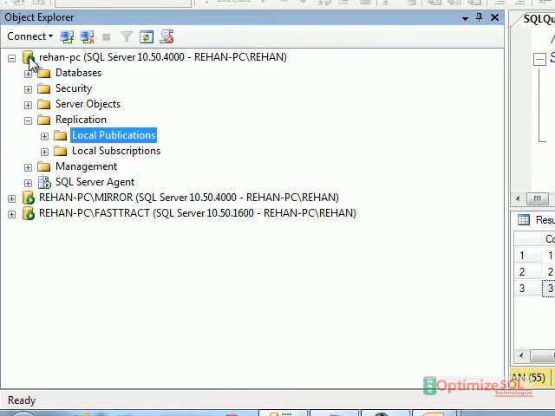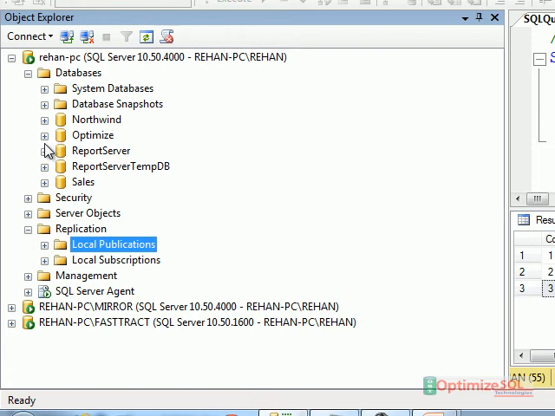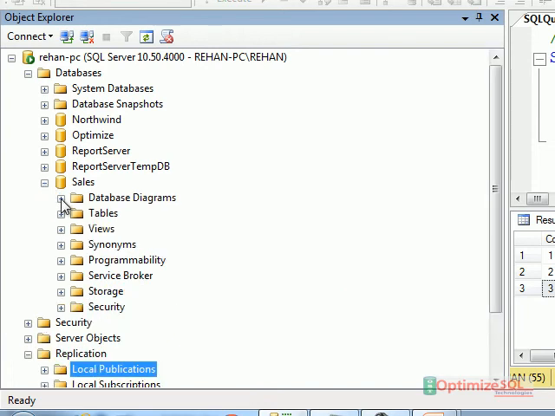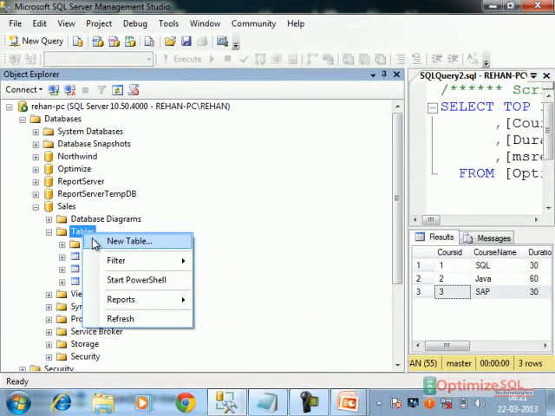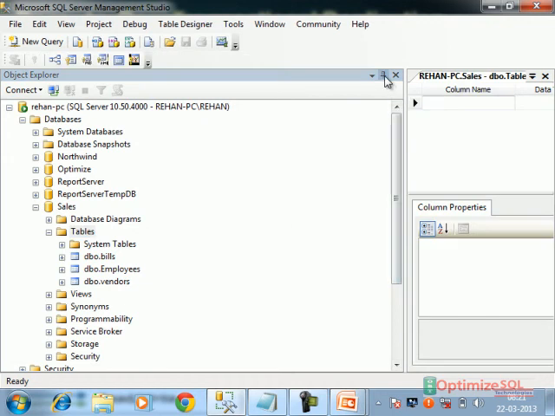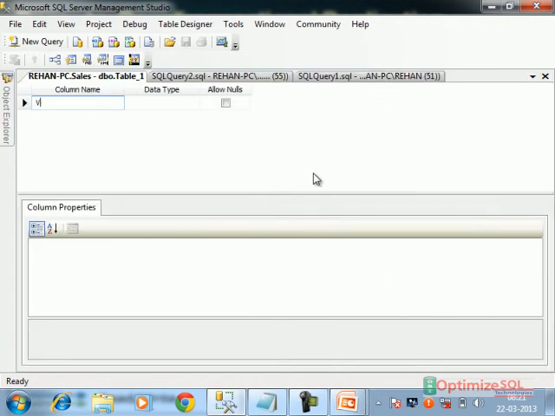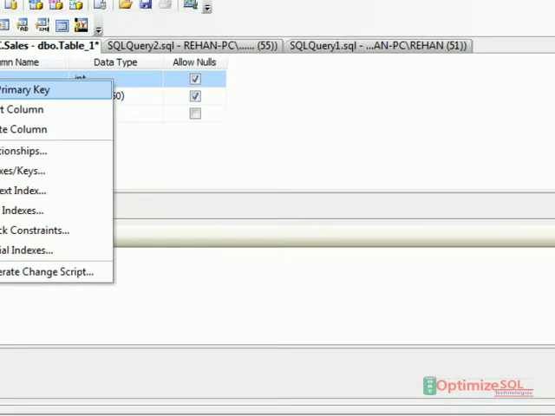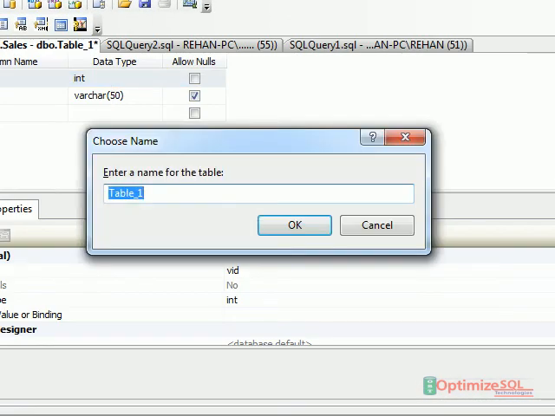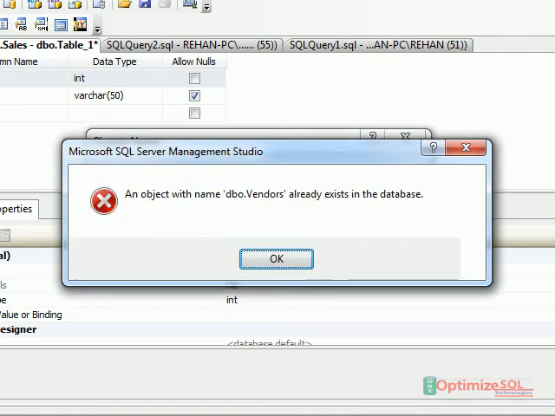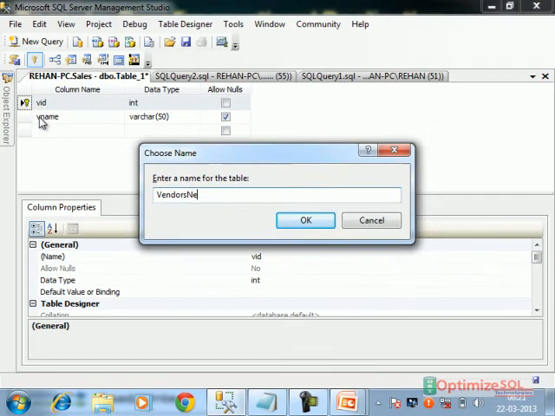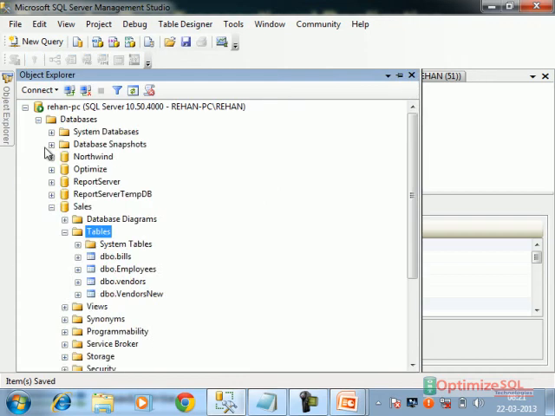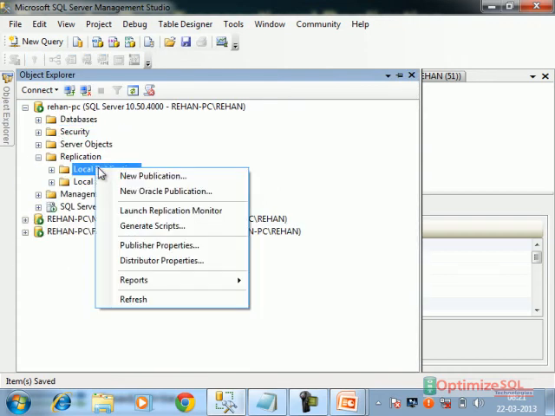Okay, so I will go to the same thing, any one database I will take, the sales database. Just say I will configure a new publication.